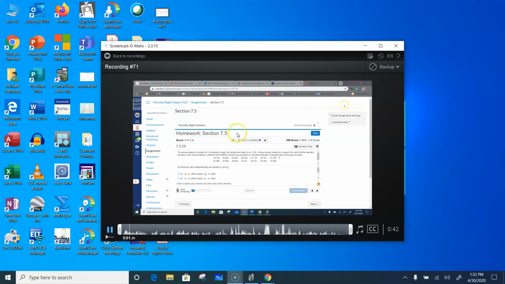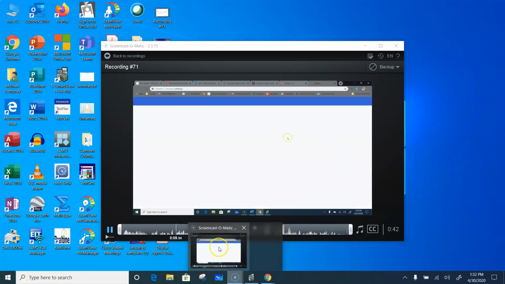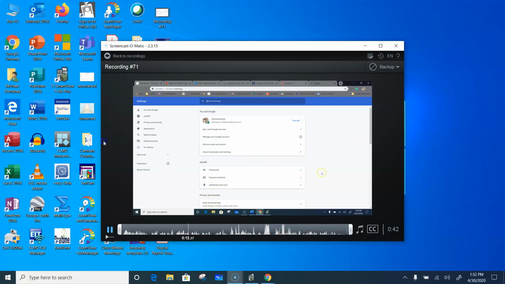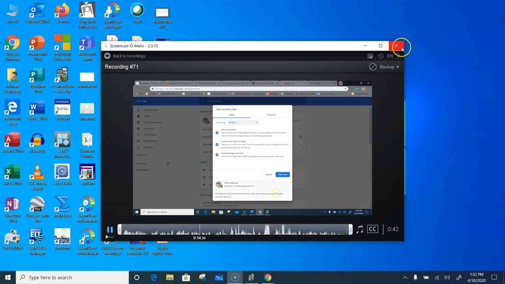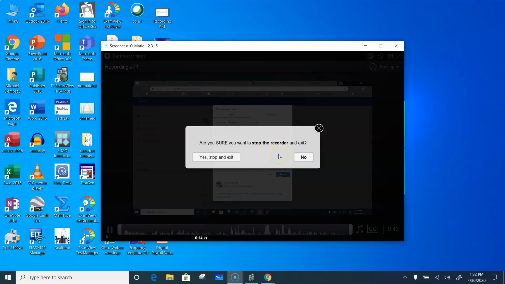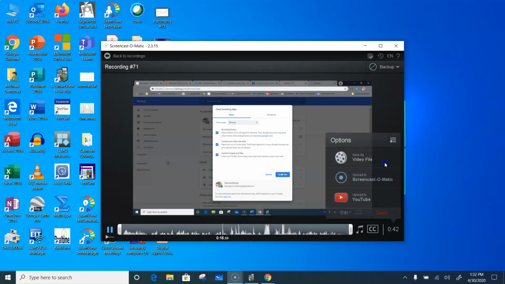So John, I'm not sure if you're using Google Chrome. If you are, if you see these 3 little dots up here, left click on that, and then you go down to Settings. And then in your settings, it should look something like this. And under Clear Browsing Data, you can come in here and clear everything. Right? So if I hit Clear